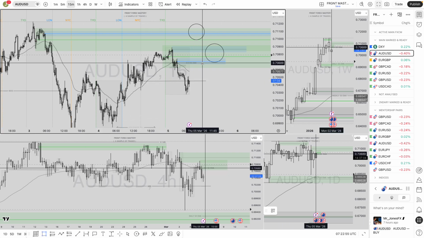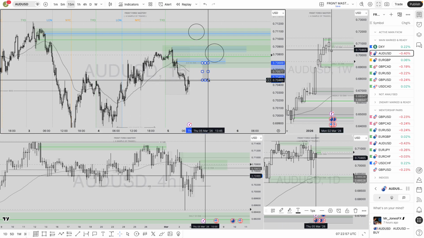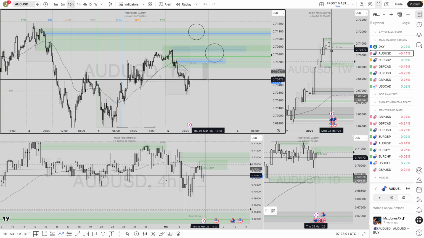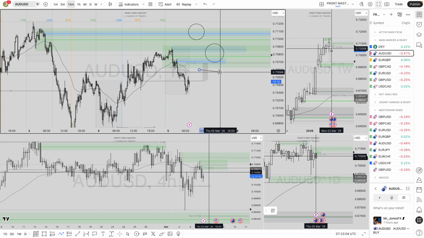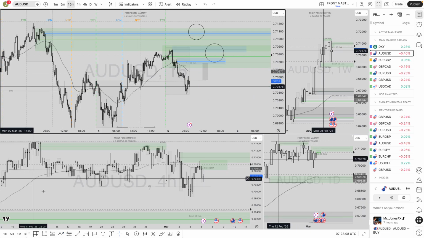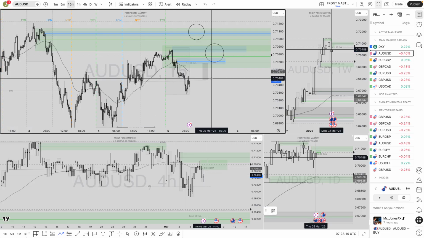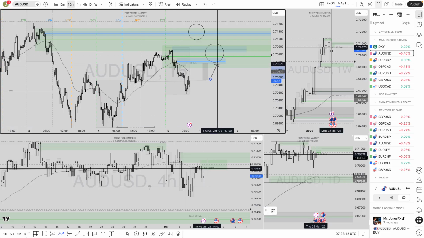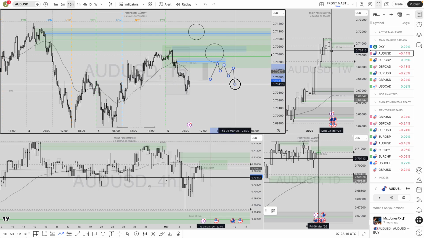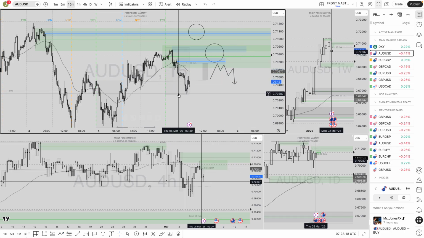So if price comes up into this area and gives me a nice bearish engulfing candle, it's at that stage that I'll be looking for further confirmation, not just the engulfing, not just an imbalanced trade from the 15-minute candle to the downside. I'll then wait for price to leave me an imbalance, not only on the 15, but then I'll wait for the lower time frame break of structure. That will leave me an imbalance on the 1 minute time frame, and then I'll take the position from there.